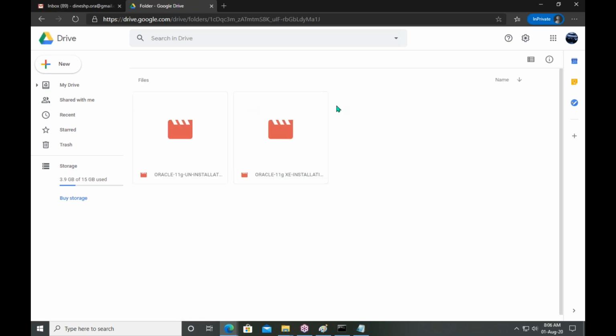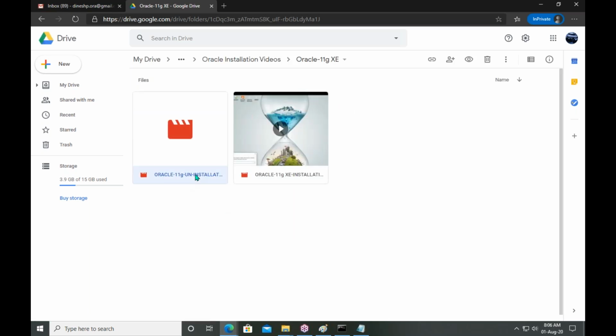See, in Oracle 11G, uninstallation and installation. Okay, it is showing in red color. Let me delete it.